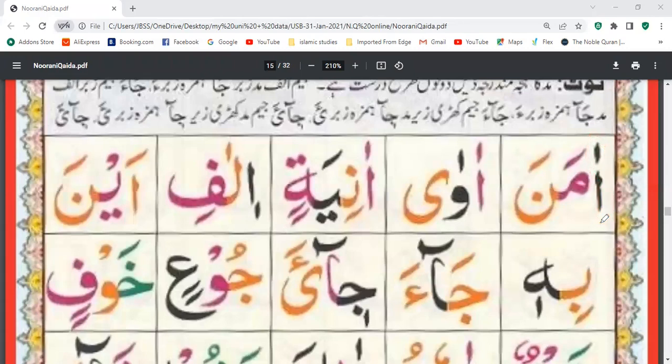Kara zabar. Alif kara zabar a. Okay, but this is not alif because alif is always empty. Alif has no harakat, no zabar, no zir, no pesh. Since here we have the harakat, it is not alif. What is this? Hamza. Shabash.